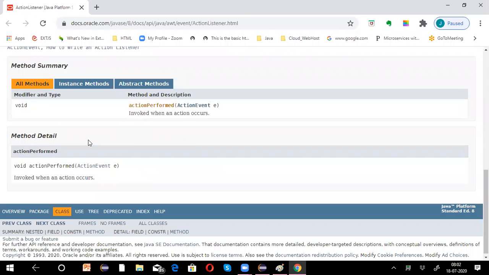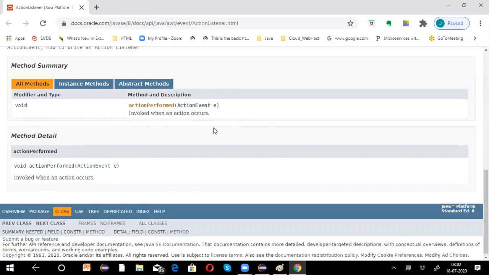This is called a functional interface because functional interfaces have one abstract method. So this interface has the actionPerformed method, and the parameter it takes is ActionEvent. This method is invoked when an action occurs.